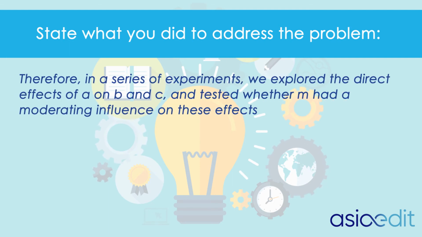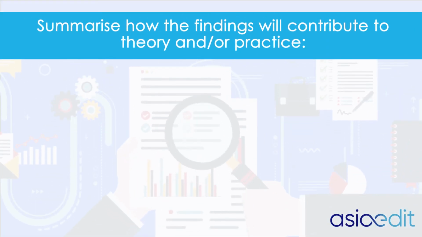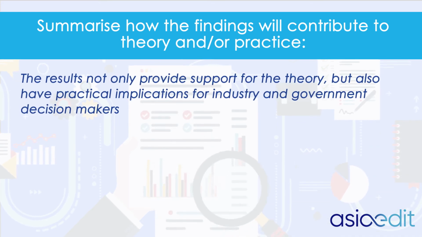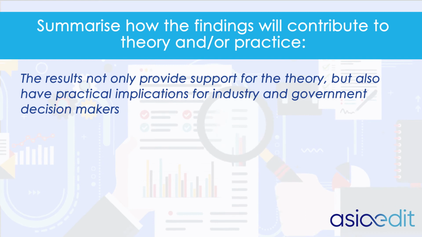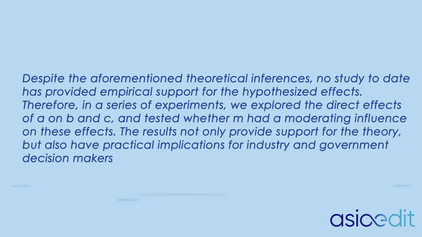Therefore, in a series of experiments, we explored the direct effects on A, B and C, and tested whether M had a moderating influence on these effects. And summarise how the findings will contribute to theory and/or practice. The results not only provide support for the theory, but also have practical implications for industry and government decision makers. Putting that all together, we have